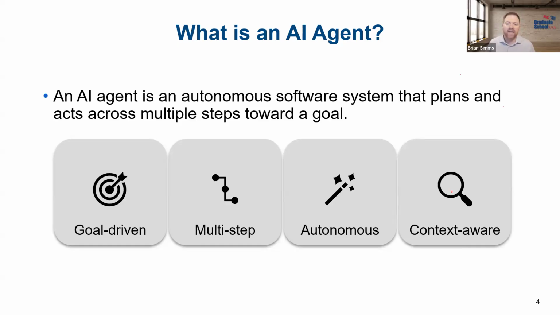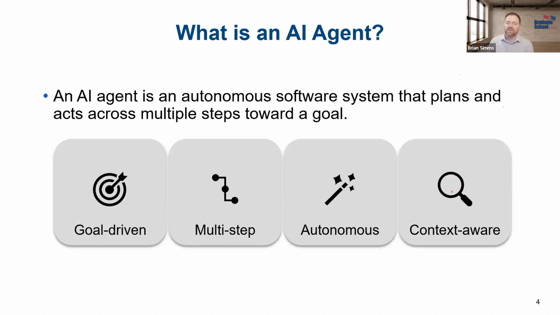And lastly, AI agents are context aware. So they don't operate in a vacuum. They sense and can respond to their environment. So that might mean, and again, in our application example, that it's reading data from a database and picking up specific details about a user, and then comparing that with the application they just submitted. They can figure that out on their own, right? That, oh, I see Brian submitted this form and he looks like he missed some spots, right? So this situational awareness that agents can have is what allows them to adapt to really complex workflows.